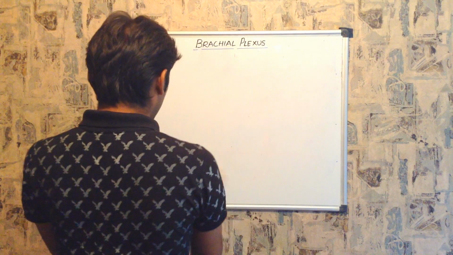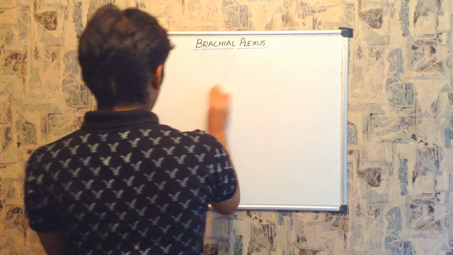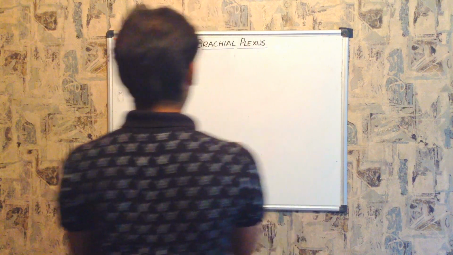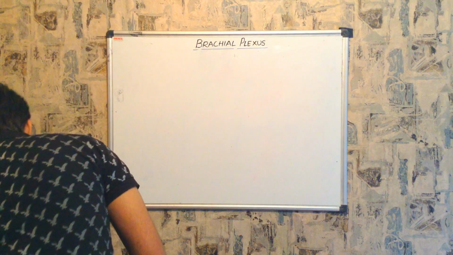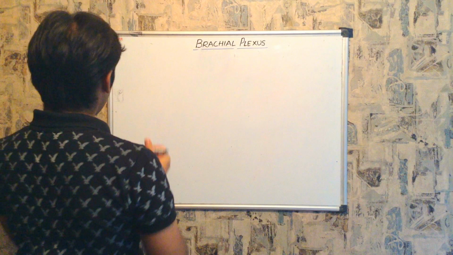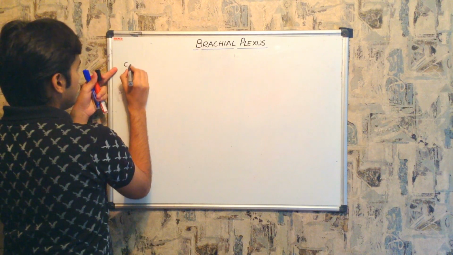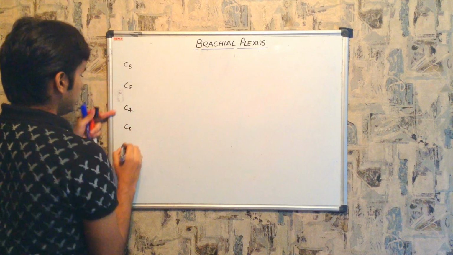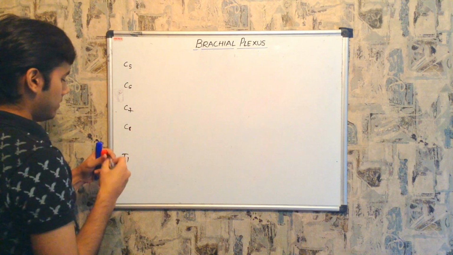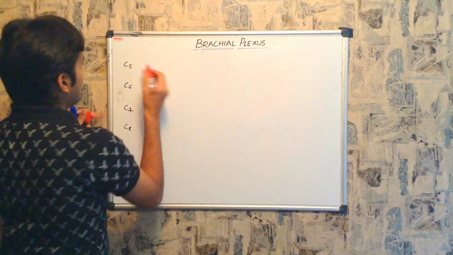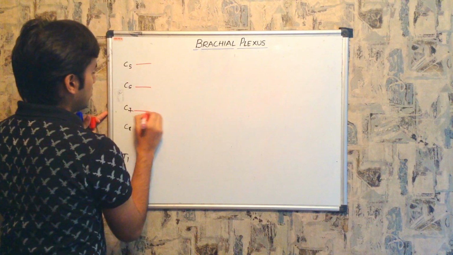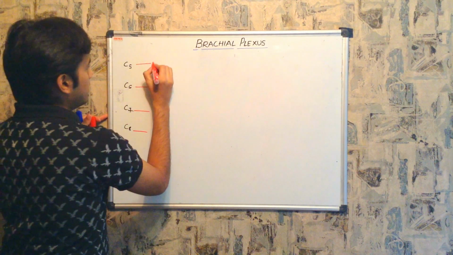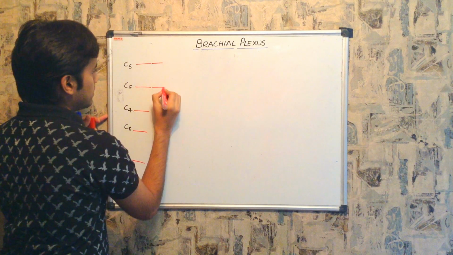Before explaining the clinical aspects of brachial plexus, I would like to mention two more branches of the brachial plexus. So first of all, as I told you, the brachial plexus arises from C5, C6, C7, as well as T1. So from here, this is the spinal nerve, right? Posterior branches, and these are the anterior branches.